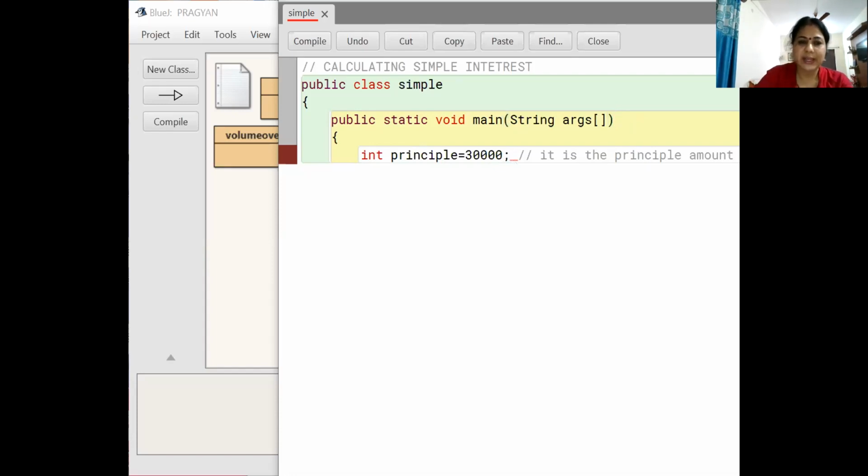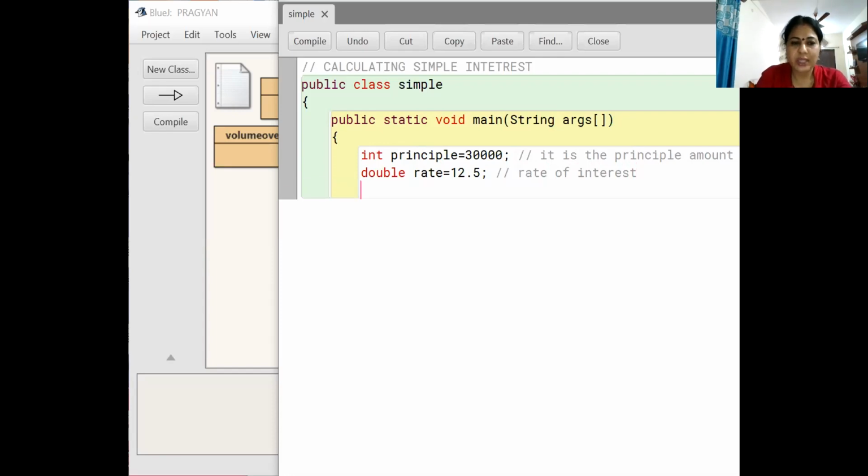Okay, next again will be rate of interest. So it is a decimal point, so we have to define it as a what? Double, double, that rate of interest, that is 12.5. I am directly taking the constant value because it is given in the question, ended with a semicolon, message given rate of interest.